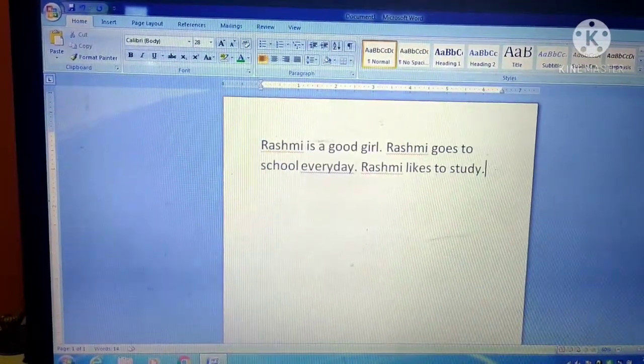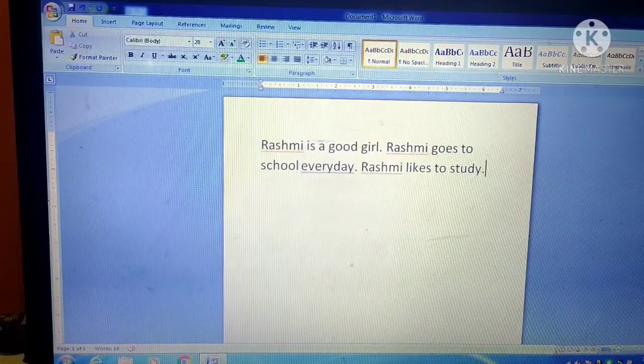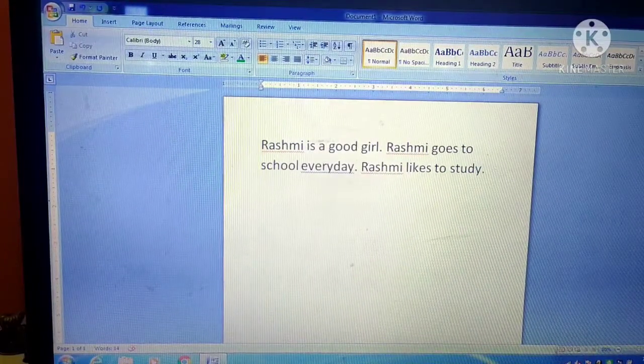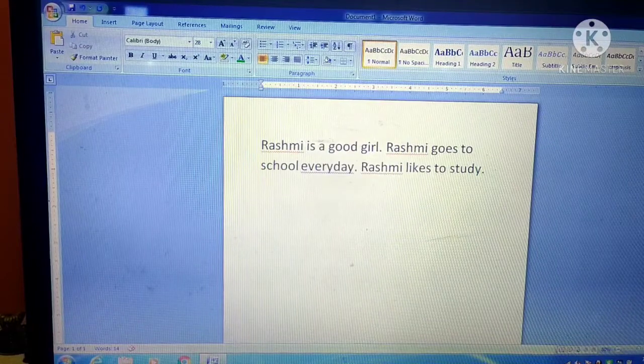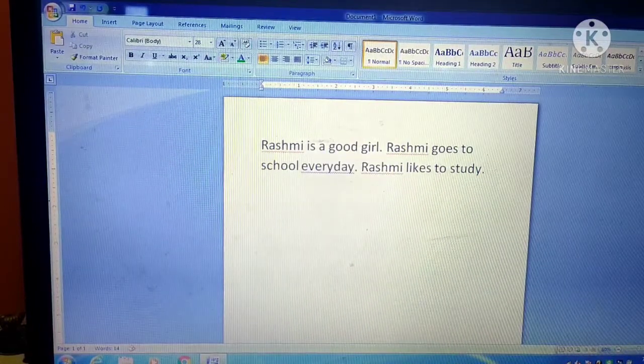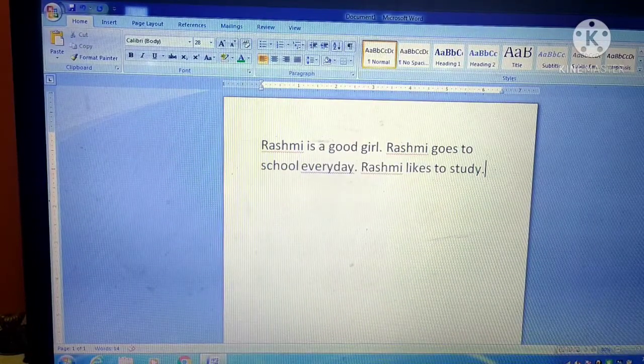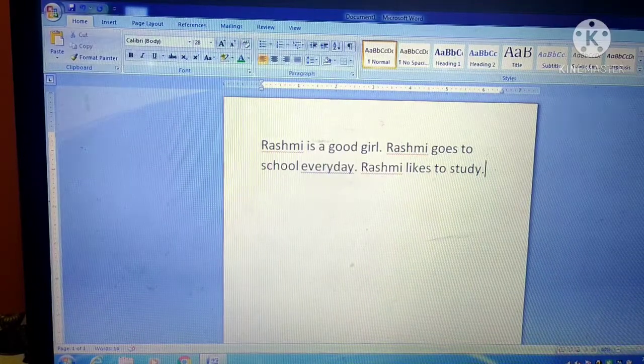This is a small piece of text that I have prepared for you so that you can see how the changes go on. So the first feature that we are going to learn today is the find feature.